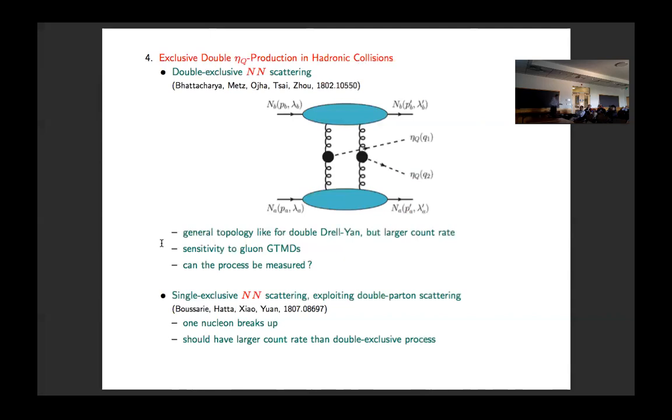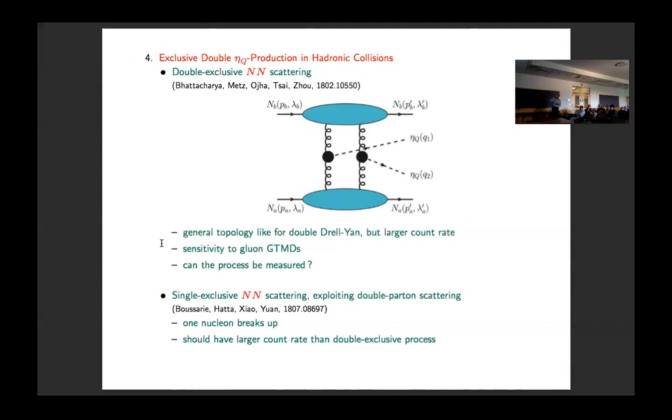I learned that eta C's have been seen at the LHC; there has even been a measurement of pp to pp and two J/psi. I am not aware that people have identified this final state. So the eta C or eta B is relatively complicated compared to J/psi. A nice follow-up work here, again by the two gentlemen in the room and co-workers, is to exploit double parton scattering. I don't have an extra plot, but you can actually understand from this plot what happens.